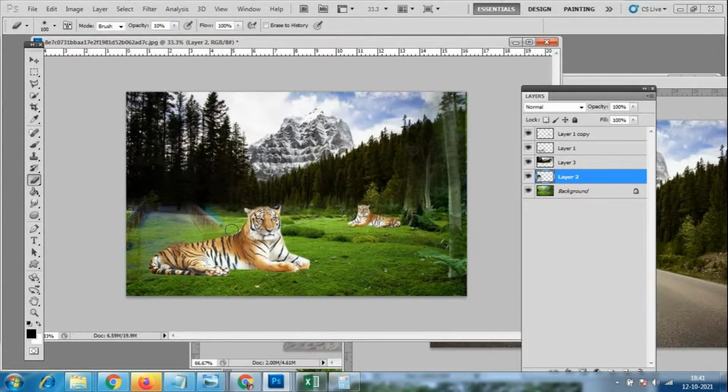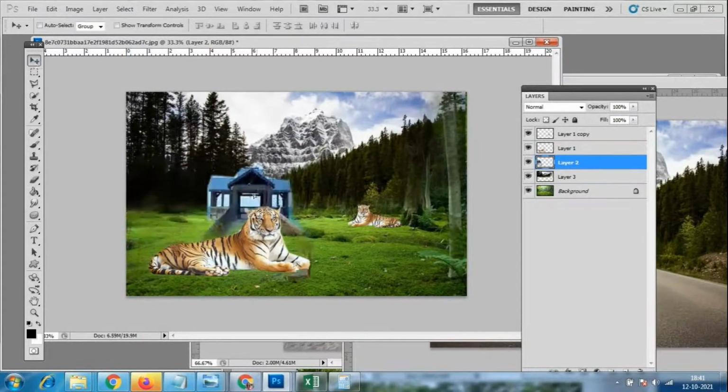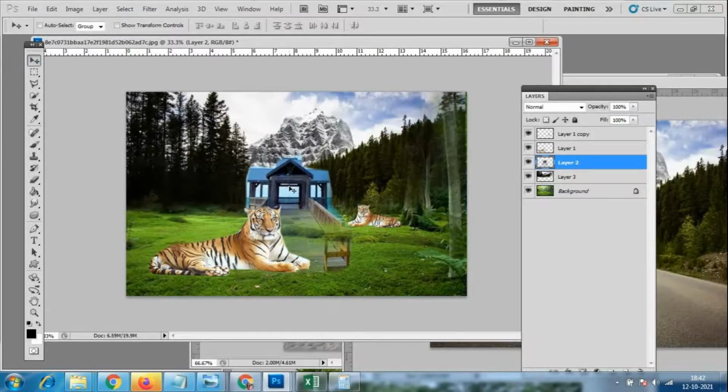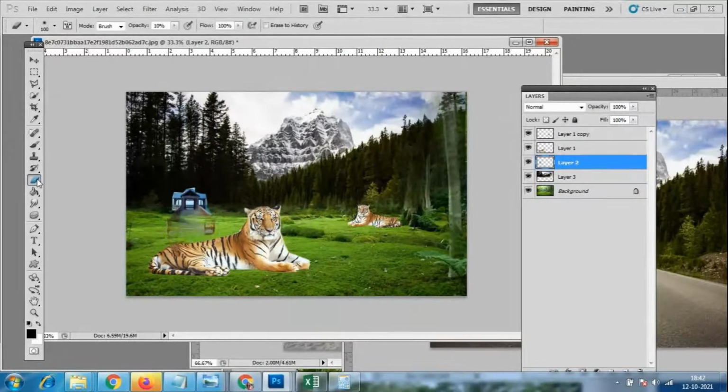So I have to keep this one here. I'll use left click on this, and I will use this. I'll make it a small house. Somewhere here, a very small house we can make, which is matching we can make it, otherwise which is not matching we can hide it, no problem. I don't feel it is good for this kind of background. I don't like this. So the background is okay now.